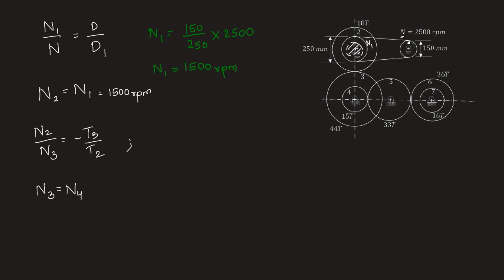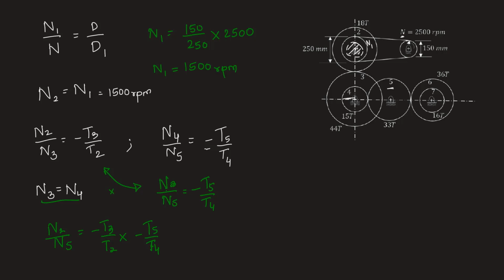Second relationship we can write is between gear 4 and gear 5. So we can write N4 upon N5 equal to minus of T5 by T4. Again, these are externally meshing gears, so because of that we have this negative sign. Substituting N3 in place of N4, we will have N3 by N5 equal to minus T5 by T4. So we can multiply equation 1 with equation 2. This will cancel out N3 here because N3 by N3 will give us 1. What we are left with is N2 upon N5 equal to minus T3 by T2 into minus T5 by